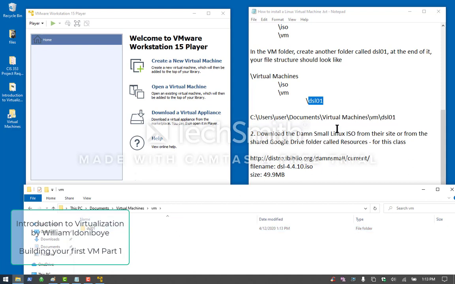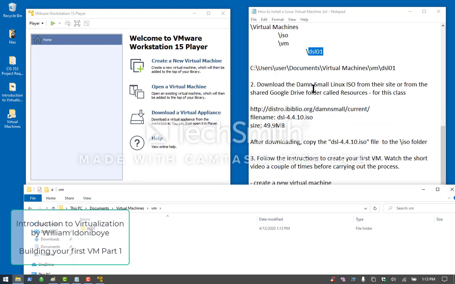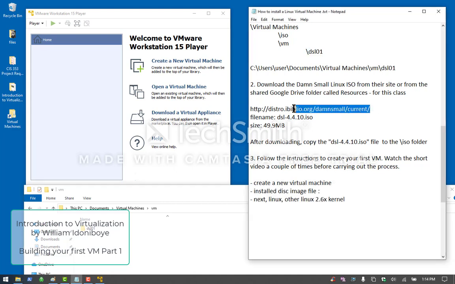So the next step would be to download the Damn Small Linux ISO from the DSL website or from the shared Google Drive folder called resources that's shared for this class. If you're not in my class, you won't have access to it, but it's a free download anyhow. So what you need to get is, this is the URL, the website, and this is the actual file that you need to go grab. So I'll show you what the